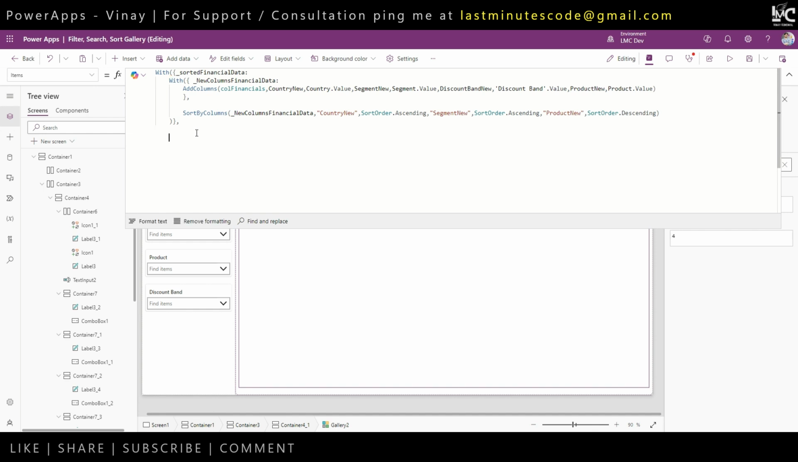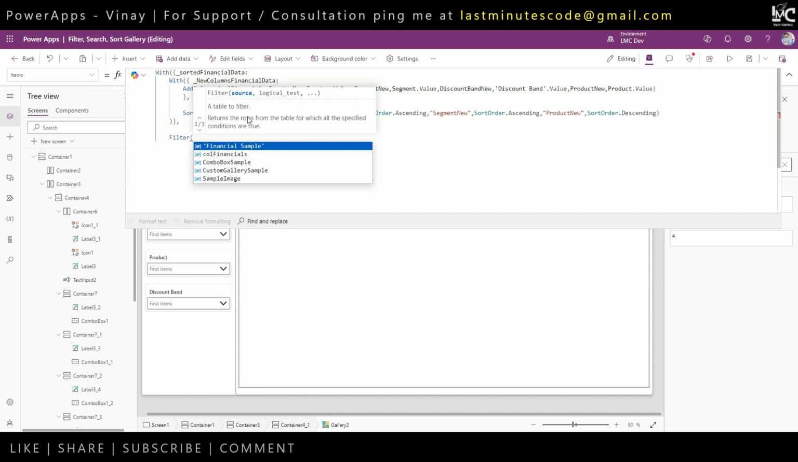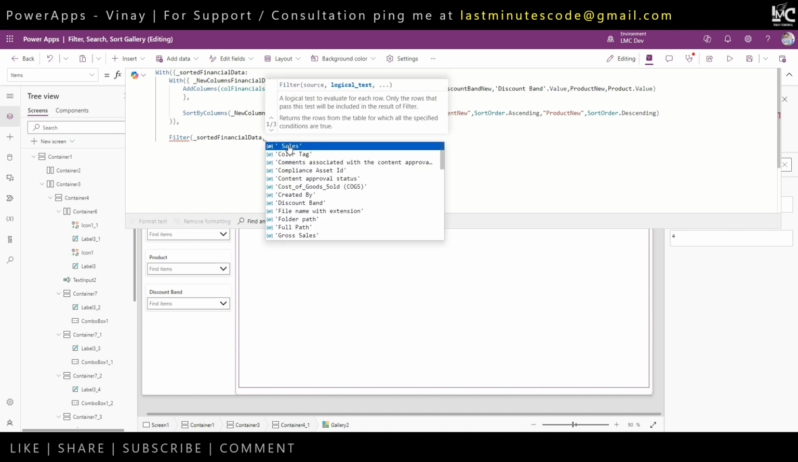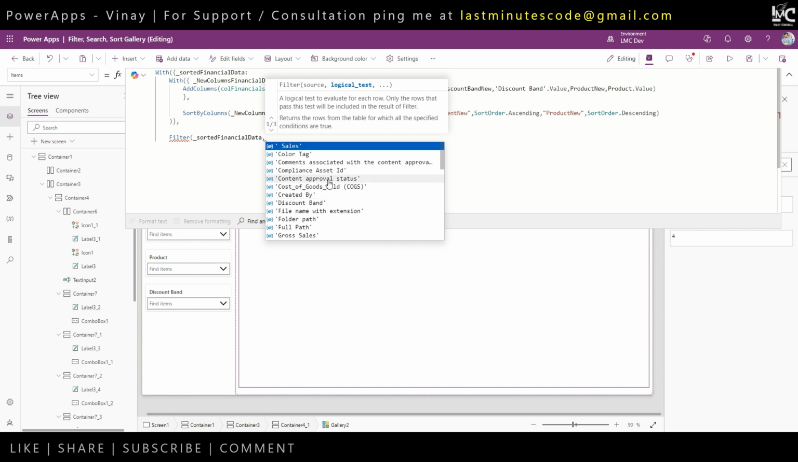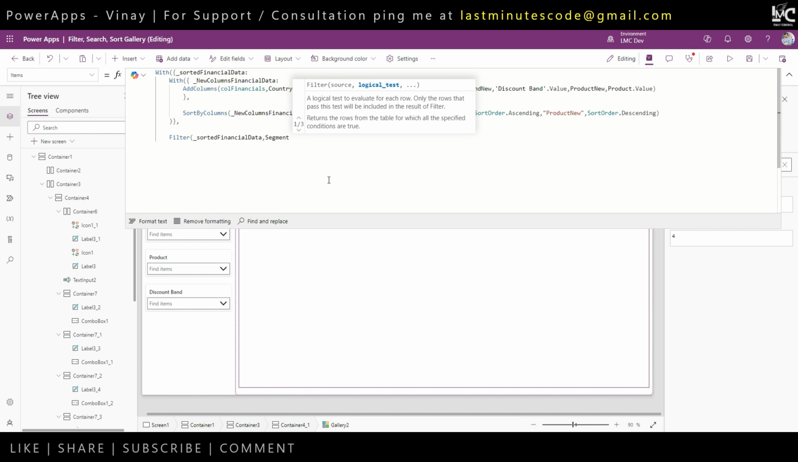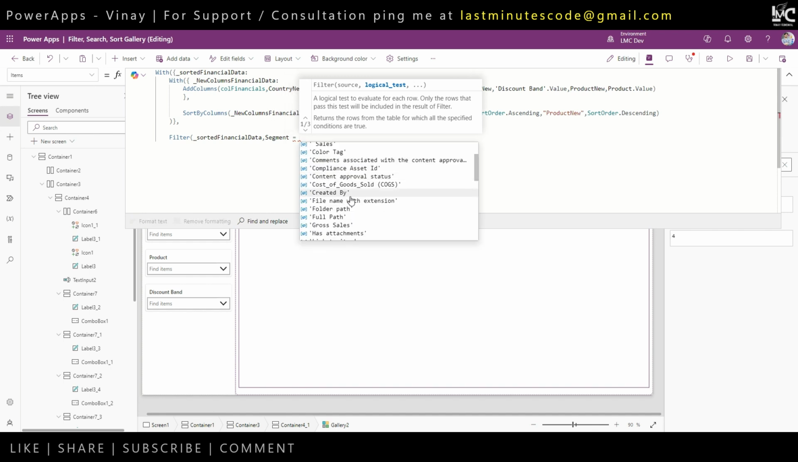Now what I wanted to do, let's say I want to filter. Okay, what do you want to filter? It will ask me. I will say filter this particular data source which I created on the top, then put comma. How do you want to filter that? Let's say I will filter it by these combo boxes, but the first thing that I'll filter is maybe the segment. So I'll say segment is equal to whatever is in my